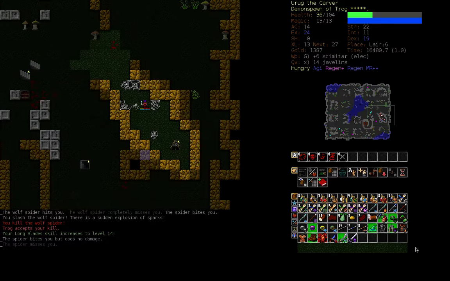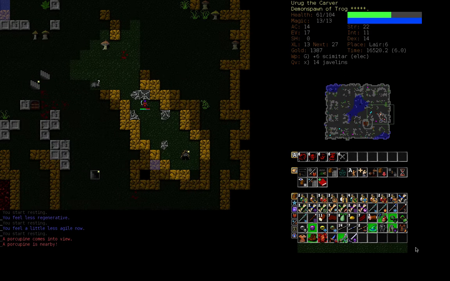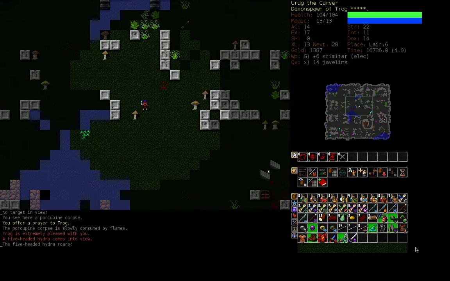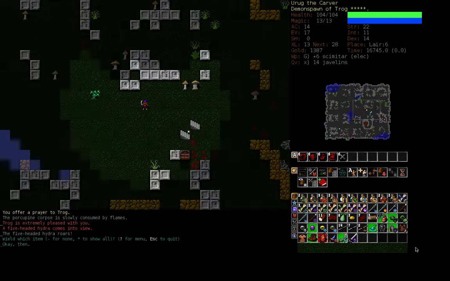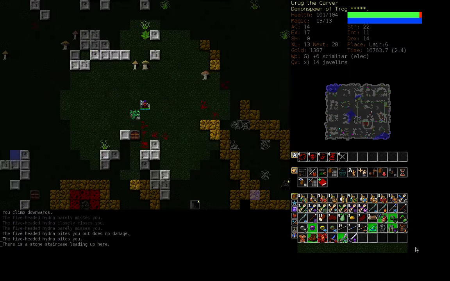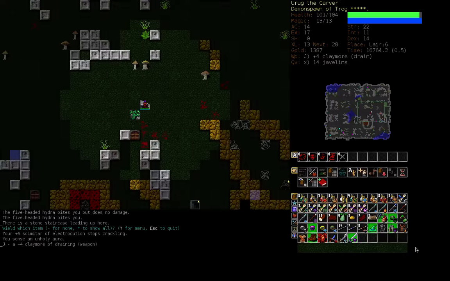Okay, yeah, that was really shady. Okay, that was close. Another Hydra. Cool. Oh, yeah, never mind. I was hoping that the volcano would give us a flaming sword instead of just having a regular great sword. What was I thinking? Alright, let's try...